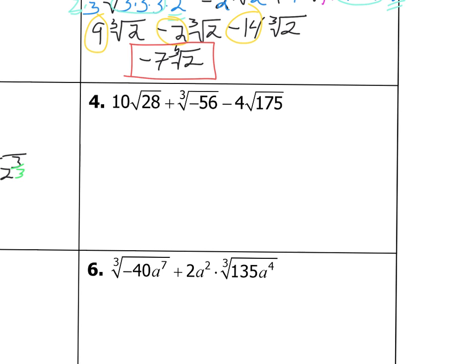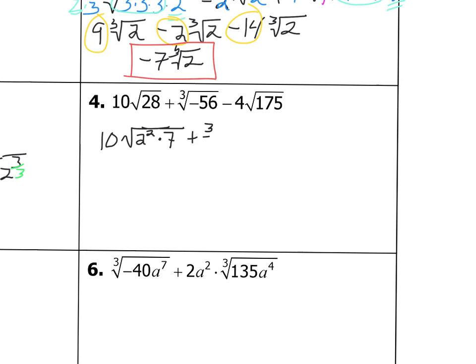So then 10 radical 28 becomes 10. 28 breaks into 2 2's and a 7. Oh, 2 2's. How do I have a 4 there? Let's try that again. 2 2's. I was thinking 2 squared was 4. So you've got 4 times 7 is 28. So that's where I got that one. And then plus